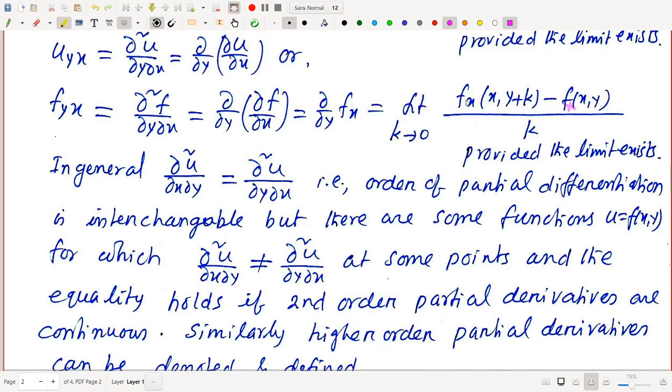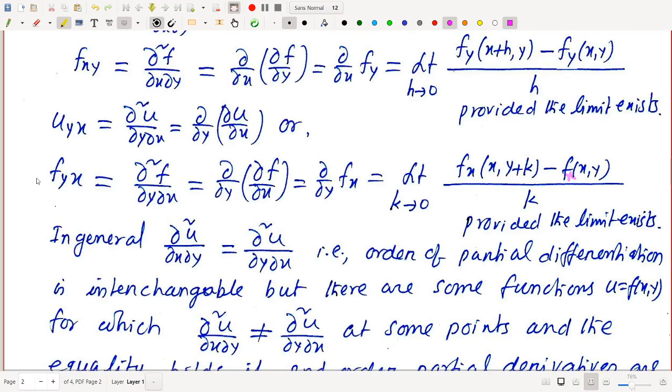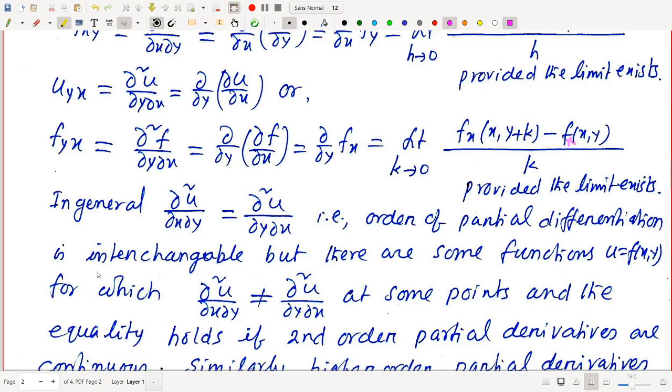So it is the derivative of f suffix x with respect to y. That's why it is del square f by del y del x. In general, this changed order, del square u by del x del y and del square u by del y del x, are the same. That is, the order of partial differentiation is interchangeable,